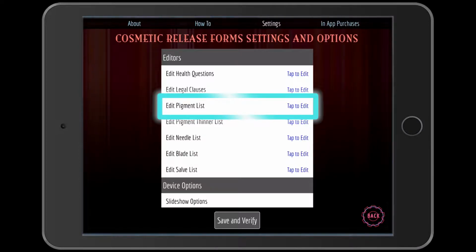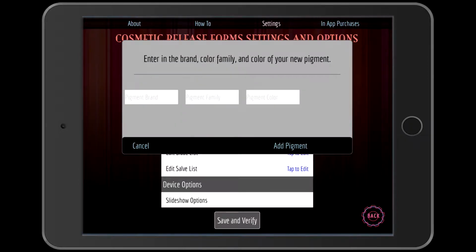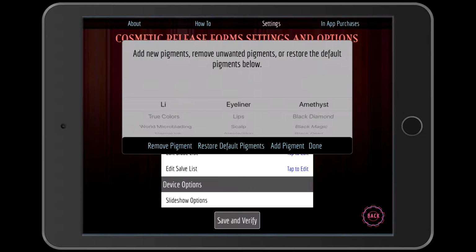We'll start by tapping Edit Pigment List. As you can see, there's some preloaded options in here, and they're divided into 3 sections: brand, color family, and color. When we tap Add Pigment, it brings up a text field for all 3 options. Also in this menu, we can choose to remove a pigment, or we can also choose to restore everything to